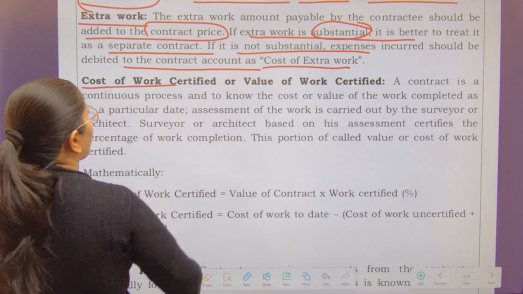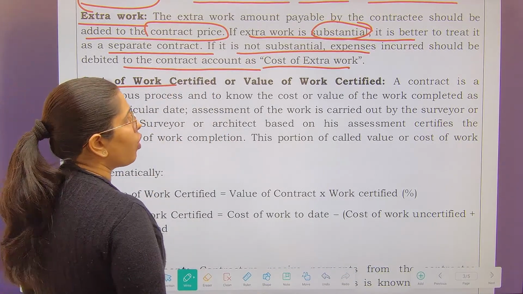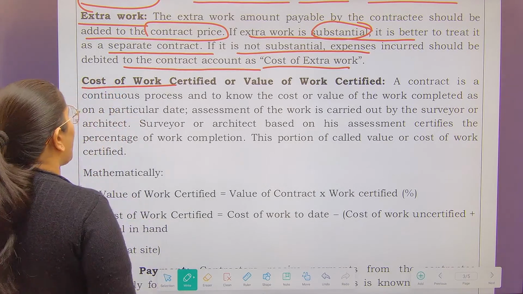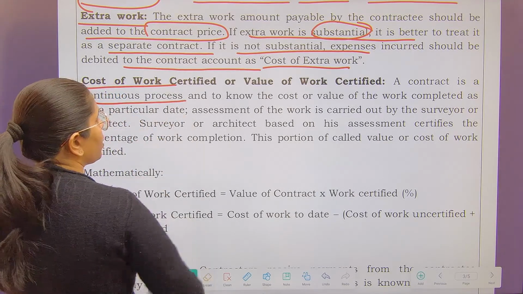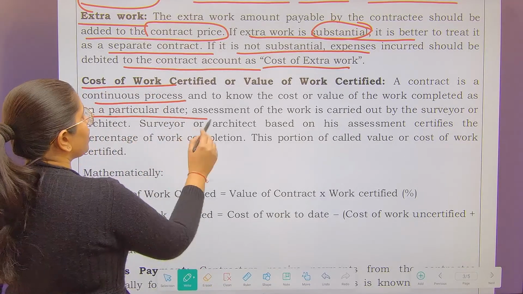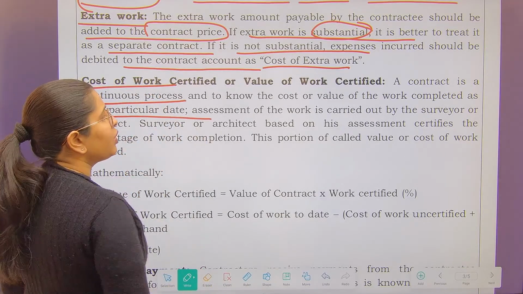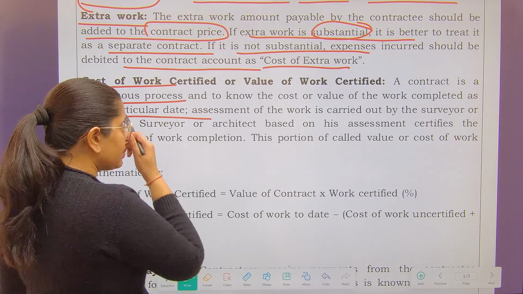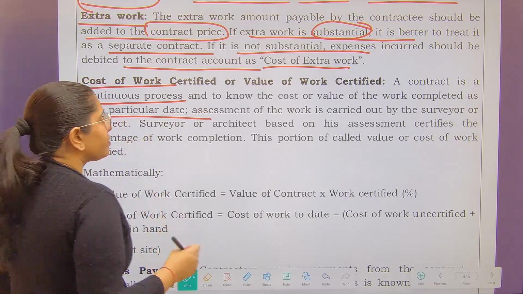Cost of work certified or value of work certified. A contract is a continuous process, and to know the cost or value of work completed as on a particular date, assessment of the work is carried out by the surveyor. See,